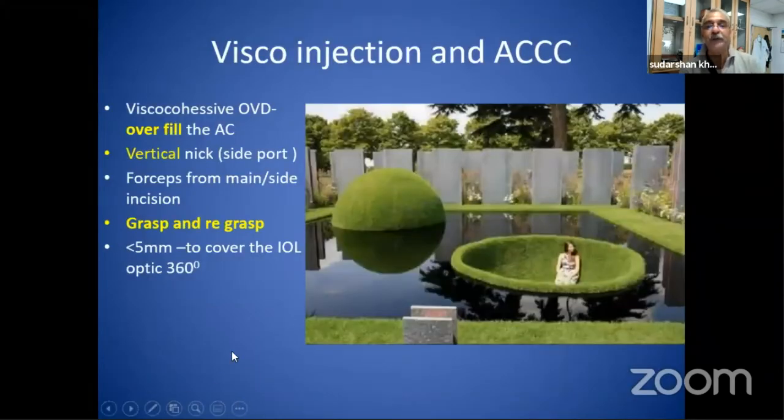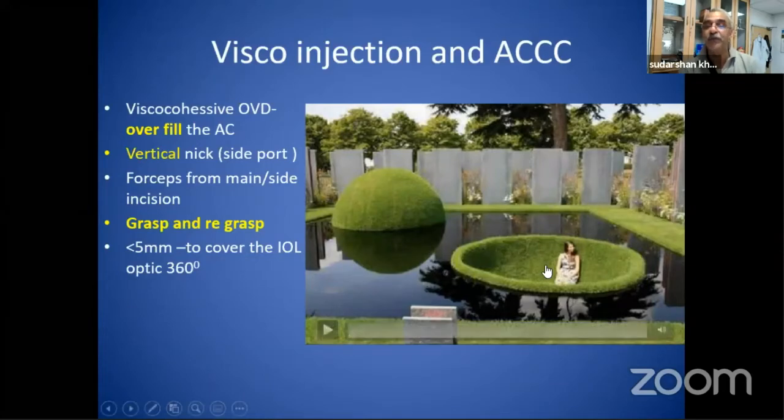Now, if you see this video, that's the anterior capsule dome and that's the posterior capsule. The anterior capsule is convex, so the chamber has to be overfilled. It pushes the anterior capsule down flatter, and the flatter it is, the less chance of it running out. On the posterior capsule it is the other way around: if you overfill it, it will run off. We'll come to that later. So what you need is a good viscoelastic, which fills it up properly. So here we go.